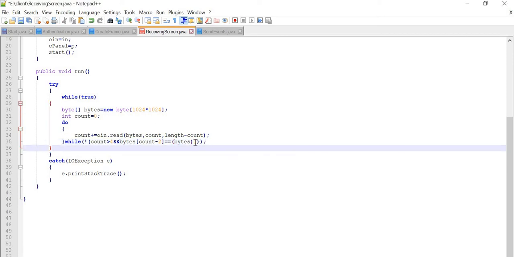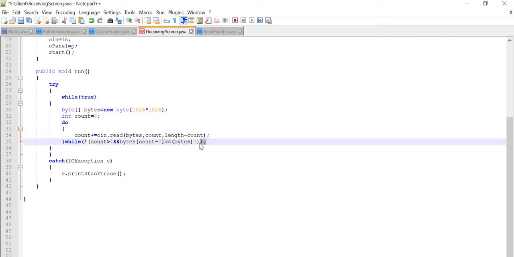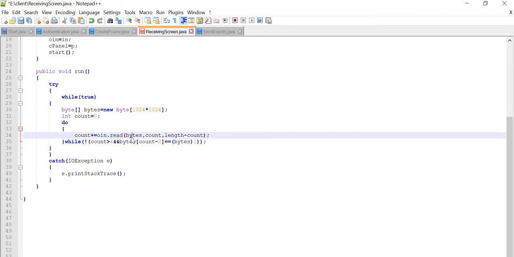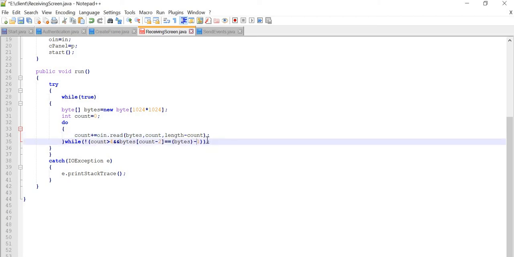After giving this while loop, we have to check for another condition also, which I will tell you. So first of all, we know that why read we are using. So if from byte array we are going to read, so count is the offset which is going to start from 0, because from here only our reading of byte will start, and it will go till length minus count. For this reason, this while count is greater than 4 and byte of count minus 2 equal to byte minus 1. Okay, so byte minus 1 till there, and I will give the condition of and